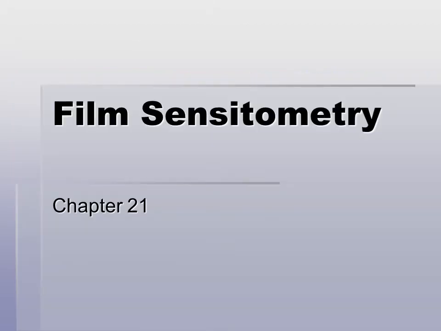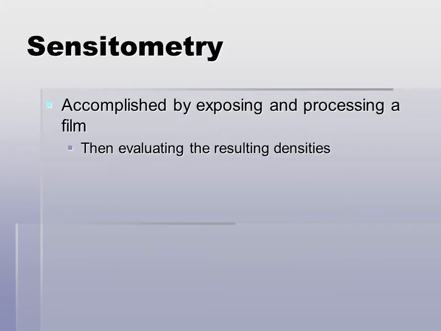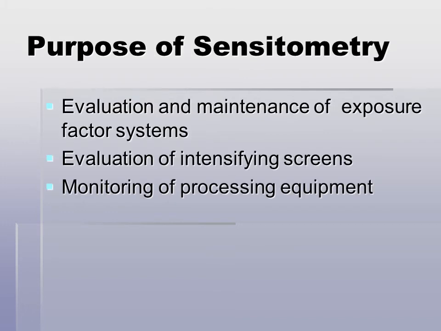Film sensitometry, Chapter 21. Sensitometry measures the response of film to the exposure and processing. It's accomplished by exposing and processing a film, then evaluating the resulting densities. The purpose of sensitometry is evaluation and maintenance of exposure factor systems, evaluation of intensifying screens, and monitoring of processing